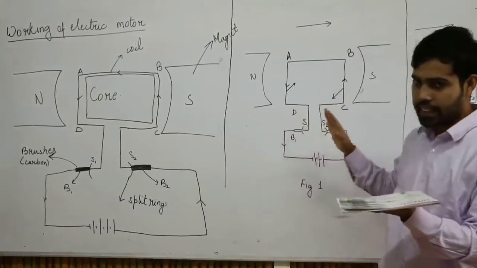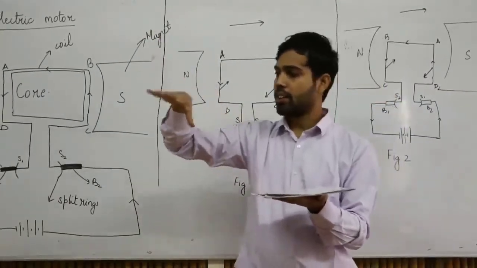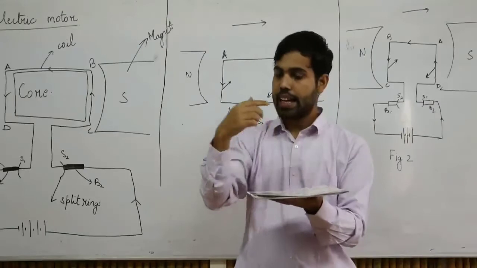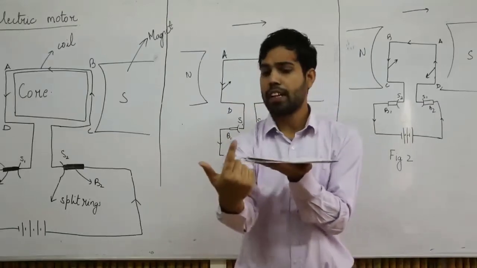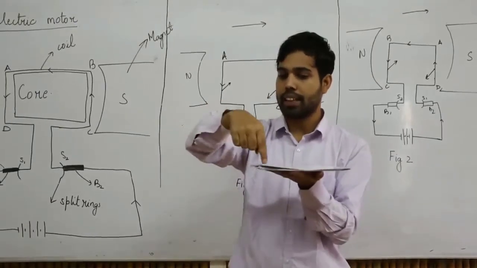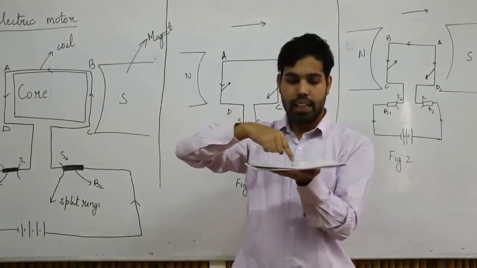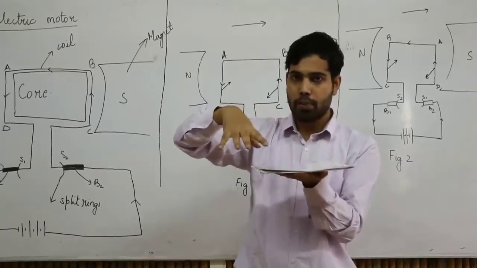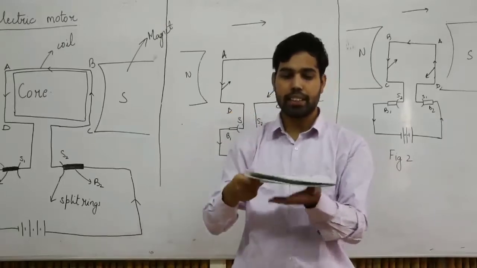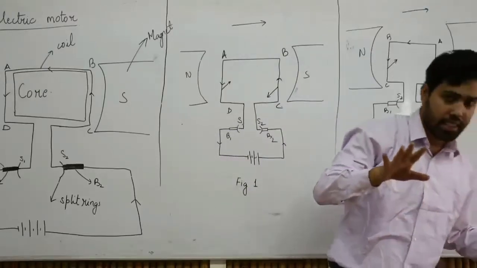So in the first case, exactly what I have told you. You notice one thing in here, the north pole and south pole is in here, so the direction of magnetic field will be in this direction, and as I told you, the direction of current is in this direction. Is it okay? So basically current is flowing through the circuit in this way. Current is coming from this end, it comes here, then it moves this side. So I have two parts of the coil. I have this part and I have this part. In this part the current is moving in this direction, and in this part the current is moving in the other direction. So let's look at this one by one.